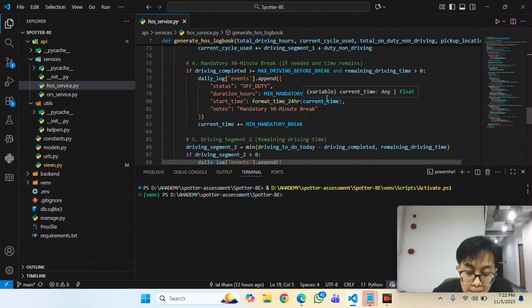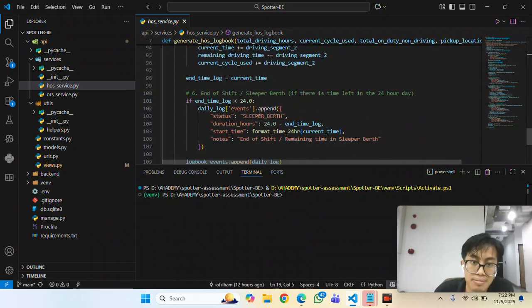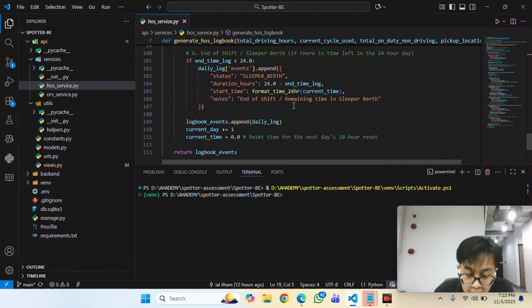If we still have duty, we add driving segment 2. After that, if there is time left in the 24-hour day, we add a sleeper break. After all, we add it to the logbook events, the day is incremented, and the loop runs until our remaining driving time is used up.